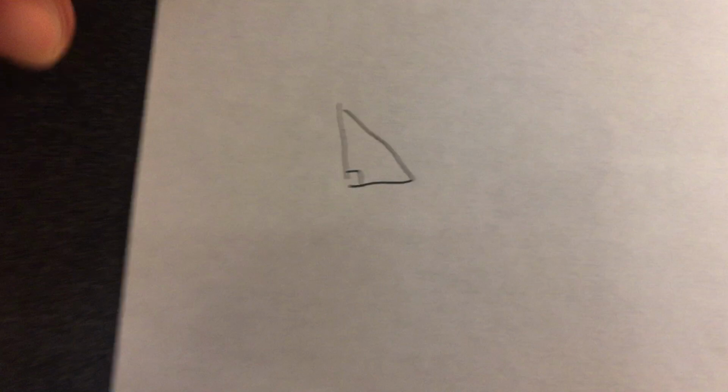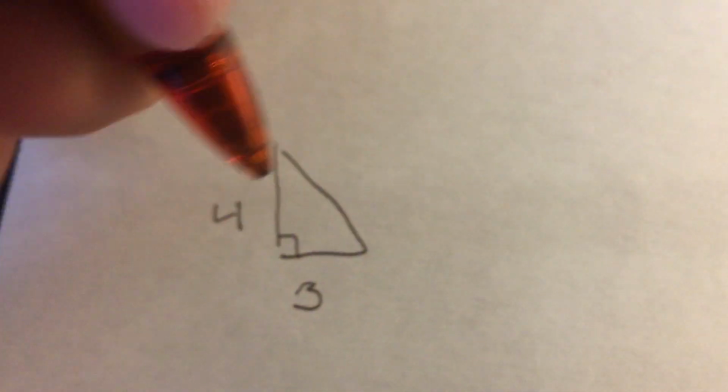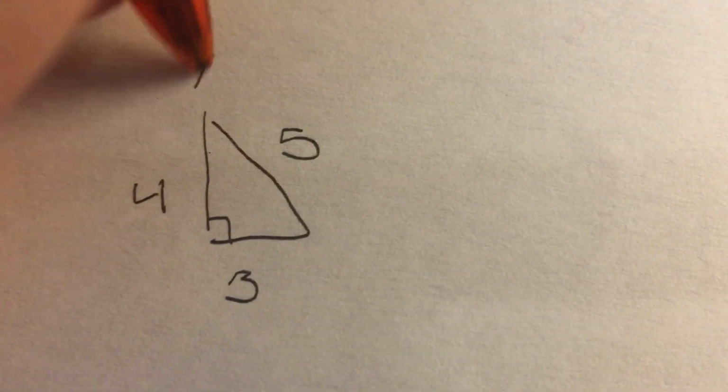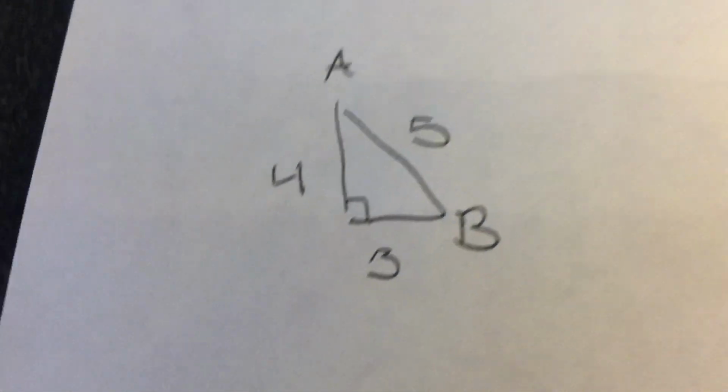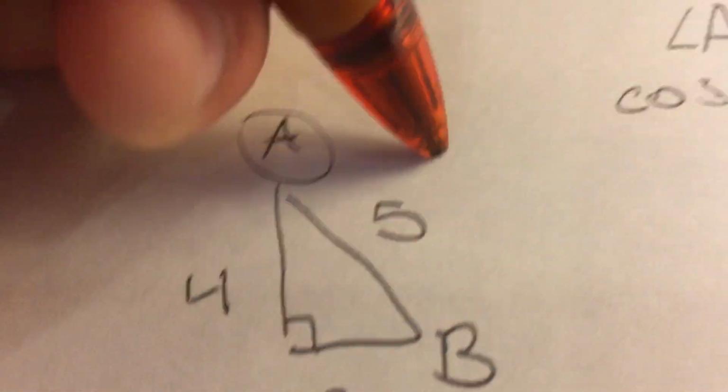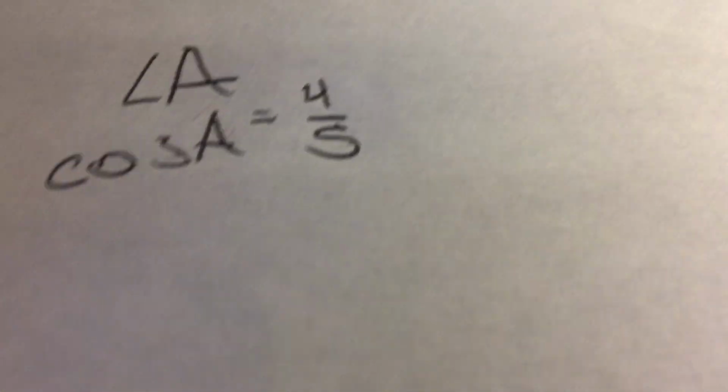Okay, this is the example she gave us in class. This is a triangle. This is 4, 3, 5, with angle A and this is angle B. Copy down that triangle in your composition notebook. And then for angle A, the cosine of angle A, so if this is the adjacent and this is the hypotenuse, would equal 4 over